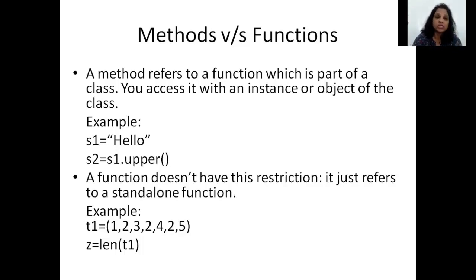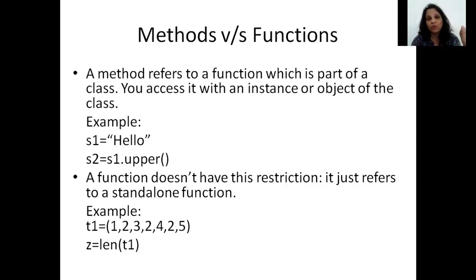So if you look at your screen, the screen shows you a small example. It says s1 is equal to hello. What does that mean? That I'm storing the string hello in a string variable named s1. And then I wanted to convert the string hello to uppercase and store it in another variable. I know I cannot directly change s1 because s1 is immutable. We have learned mutable and immutable data types. So s1 cannot be altered in place. So what do I do? I convert it to uppercase and store it in another variable called s2.